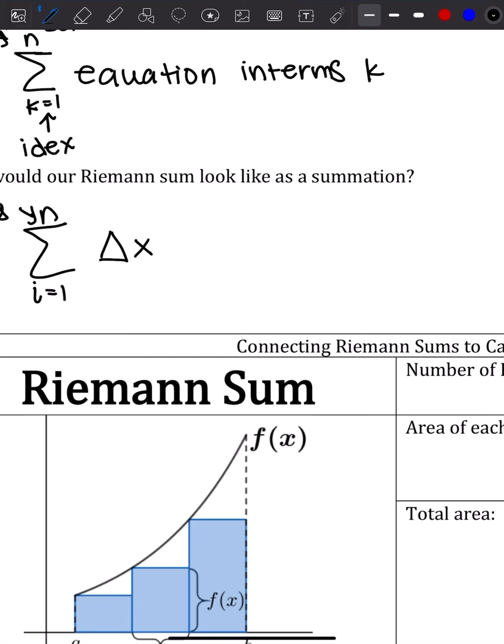But we also need to multiply this by our index number, because that change is going to increase over time at what change in x we're talking about. So this right here is the base. And we need the height still. Our height is found by y values. So we're going to take whatever our function is, f of